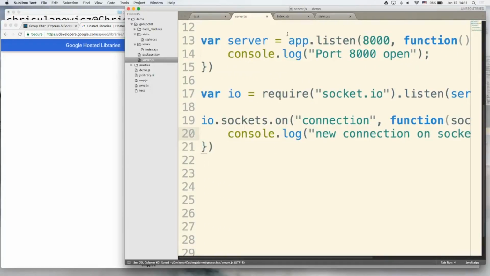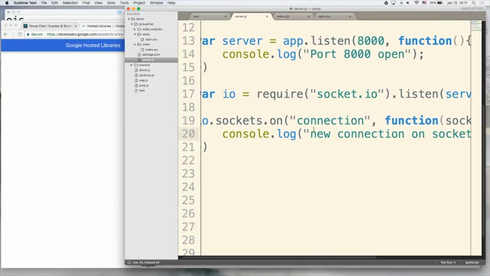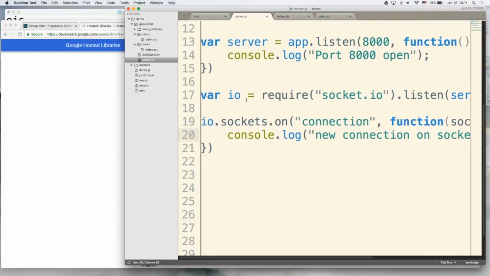So let's go there. So that connection string, that's just a string that you're passing? This is a keyword that the I/O module knows when it does socket on it. It listens for this. It knows that connection. I don't know exactly how,